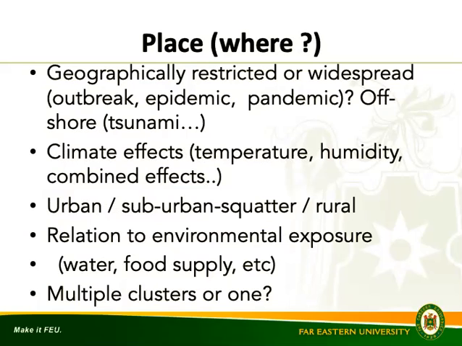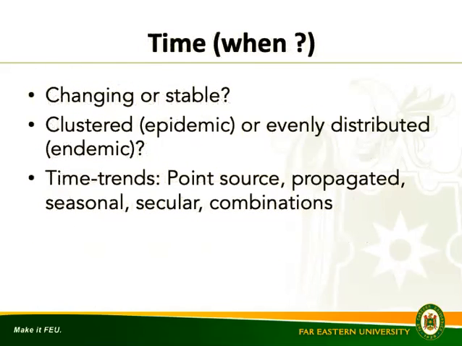So basically, characteristics of place demonstrates no association of disease with place, implying that the inhabitants of the place possess characteristics of etiologic importance, different from people of other places, or that the etiologic factors are present in the biologic, chemical, physical, or social environments of the people inhabiting that place. All right.